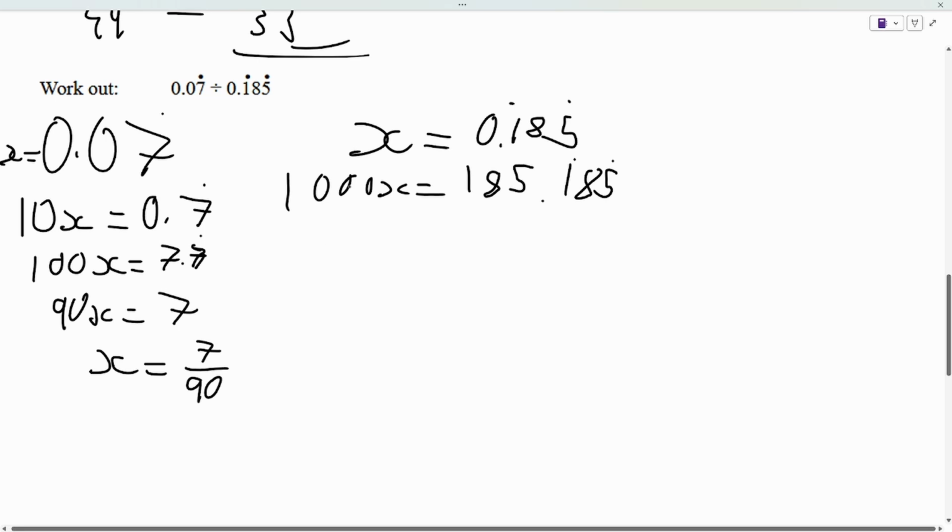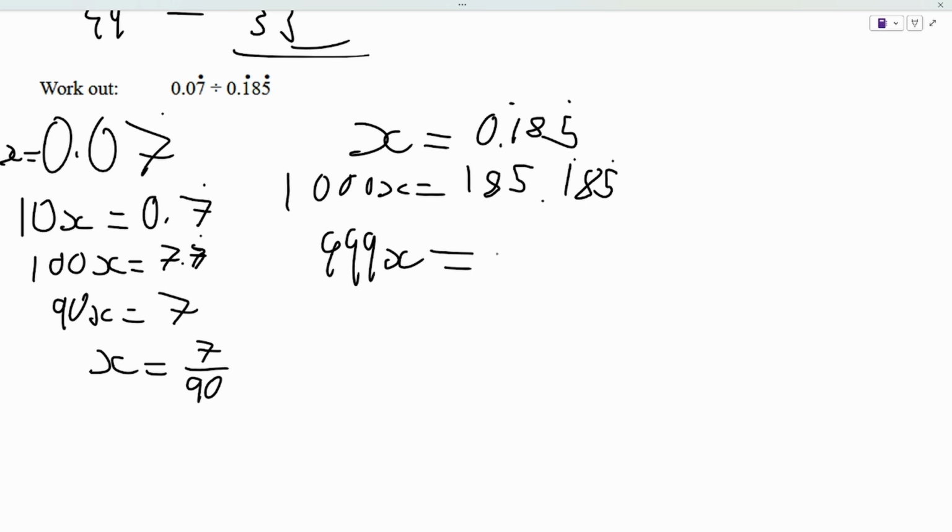Okay, so then take 1000x, take away x, 999x. 185 take away 0, 185. So x equals 185 over 999. And that can simplify to,